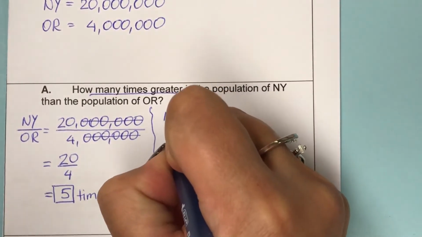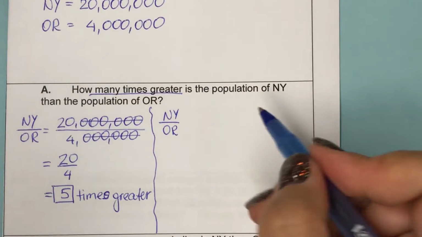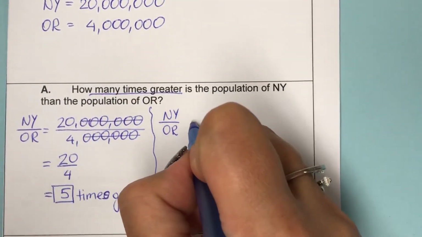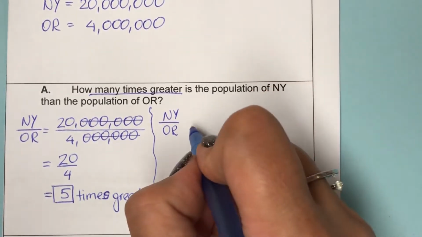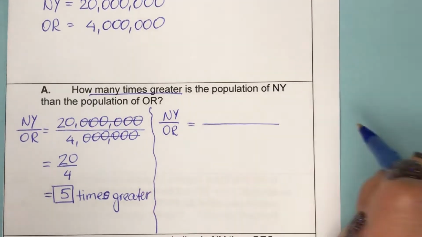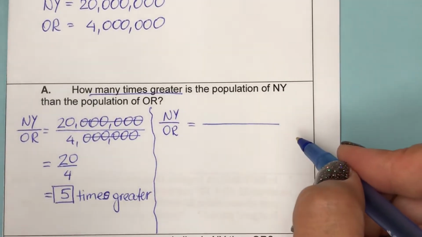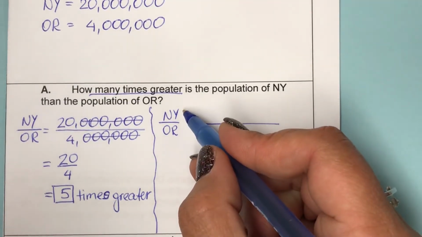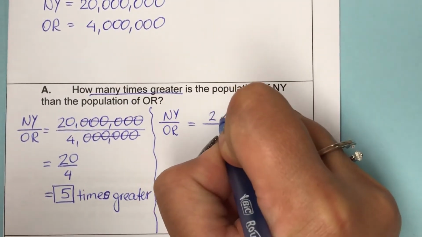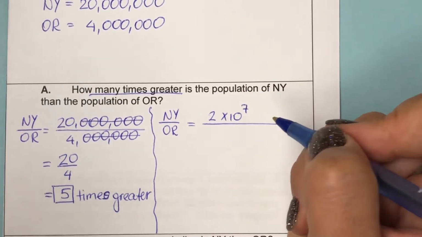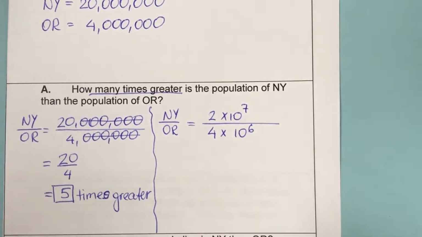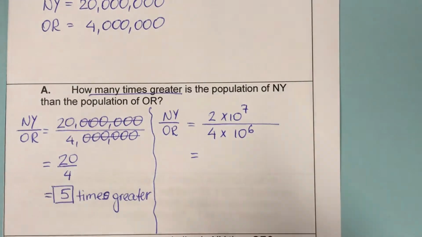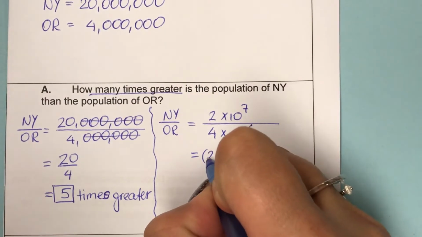I can use the numbers in scientific notation, and again, New York divided by Oregon, that is telling me how many times the population of Oregon goes into it. Now I'm going to use scientific notation so you can see the difference between the two. So in New York, we had about 2 times 10 to the 7th power, which is 20 million. In Oregon, we had 4 times 10 to the 6th. And I'm going to use the rules of division to see if I come up to the same answer. So first, I have to divide the numerical